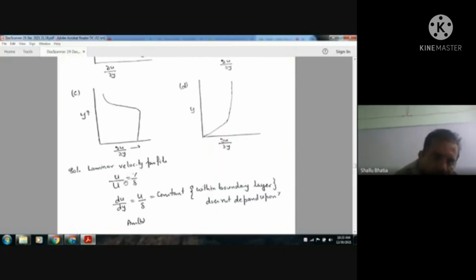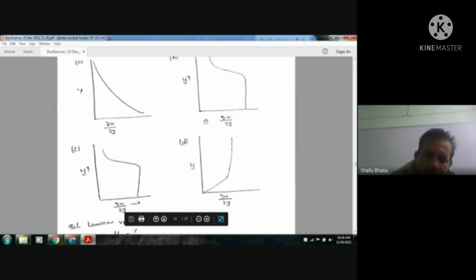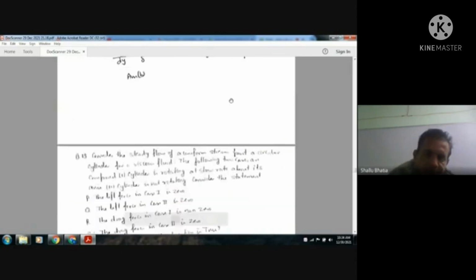The laminar velocity profile is u by U equals y by delta. So u is constant and delta is constant, so it will remain constant. Okay, next,